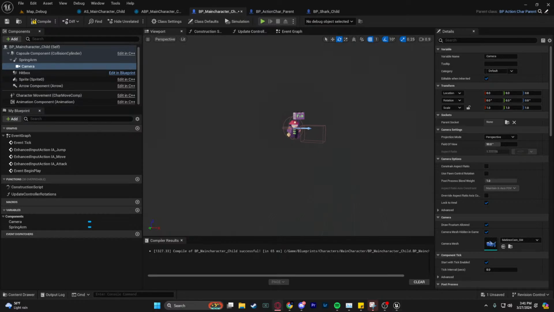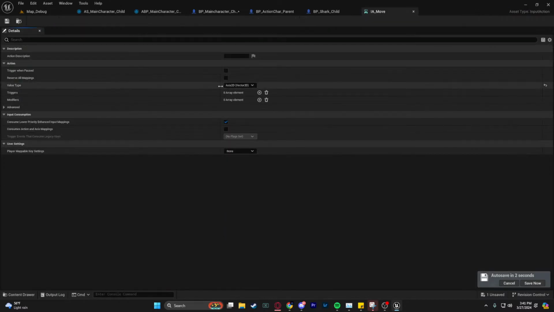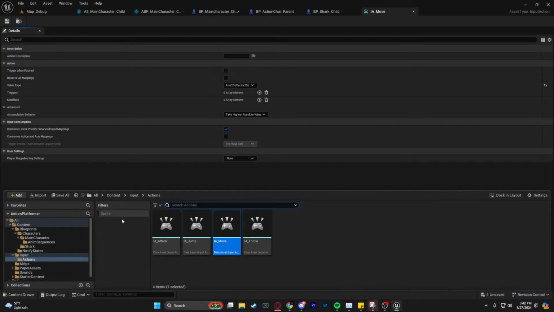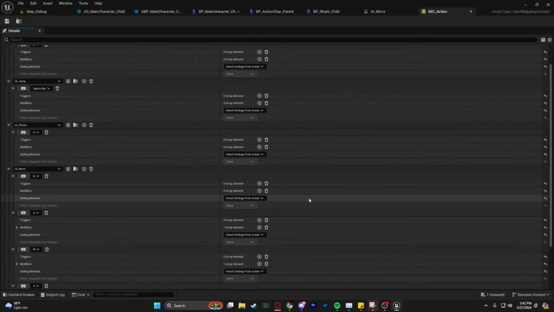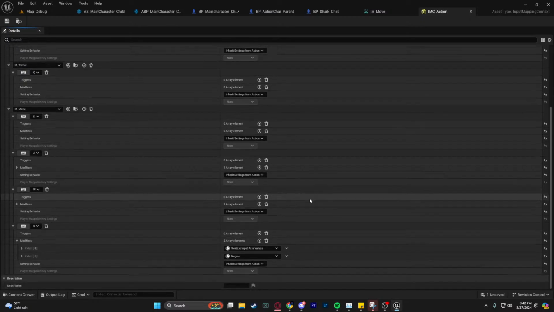A button can either be pressed or not be pressed, but why? And again, we don't need to change anything. Add another mapping, and here I will first go for the IA throw because it's simpler. And here for the throw, I will use the K key on the keyboard. And lastly, the most complicated one is gonna be the IA move. And here we're gonna have multiple inputs. This time I'm not gonna bother doing the arrow keys because that just takes more time. We're just gonna do